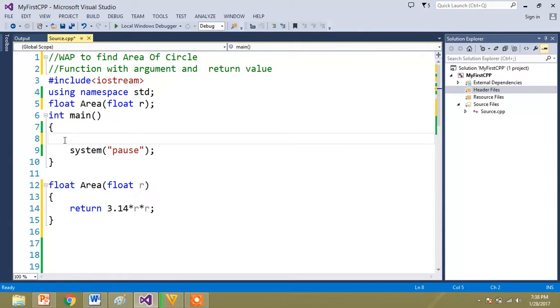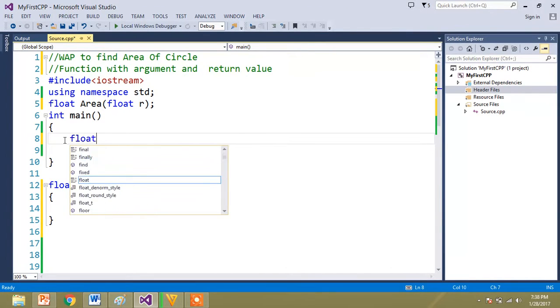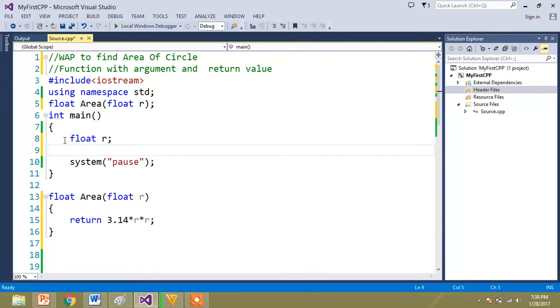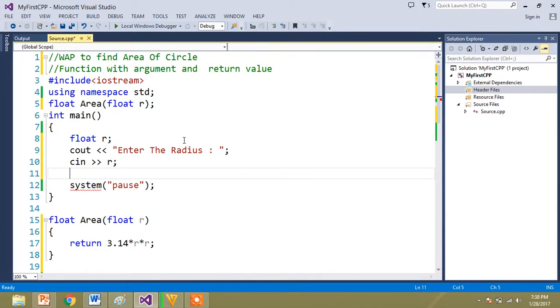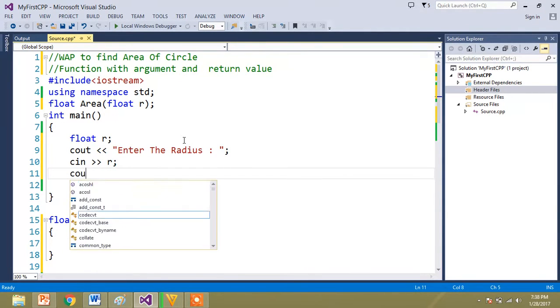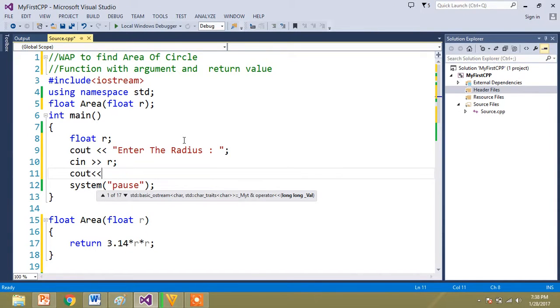So you're going to expect the radius to be entered by the user. So you're going to make the radius a float, float r. It is going to be entered by the user, so you're writing it as enter the radius. Then you're going to take the value from the user, cin r, and then call this particular function inside your main function.